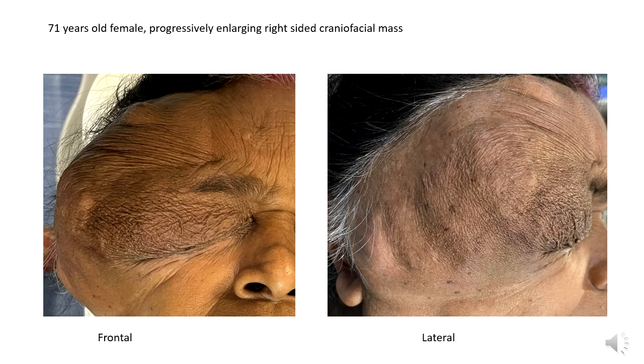So these are the pre-operative clinical images. We can see this large mass involving the temporal region, the frontal region, the upper cheek, zygomatic area, and the upper eyelid. So, in our multidisciplinary meeting, it was decided to do embolization of the tumor and operate next day